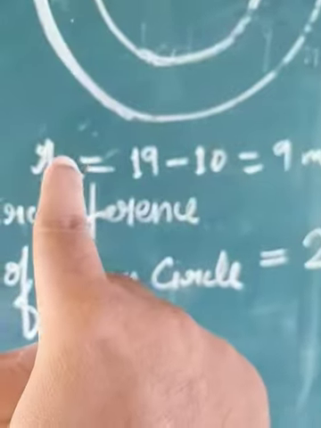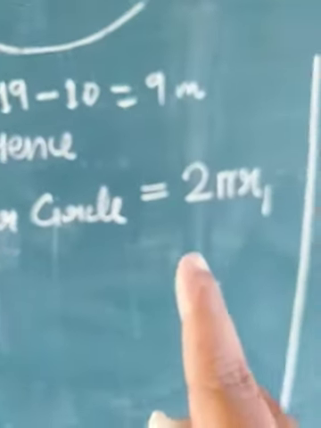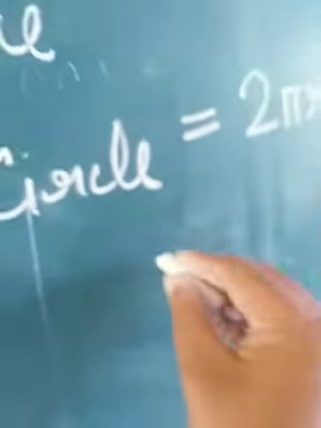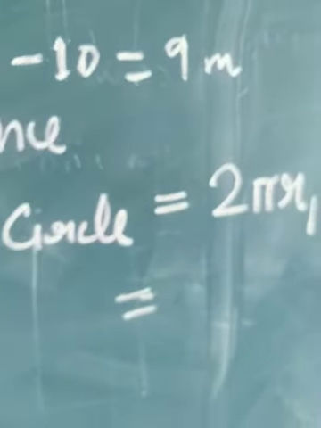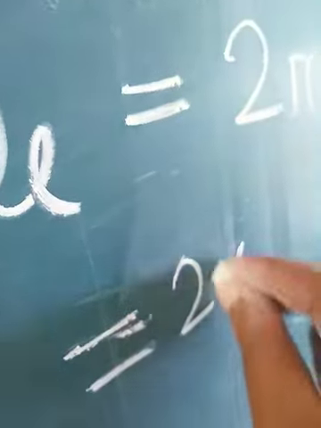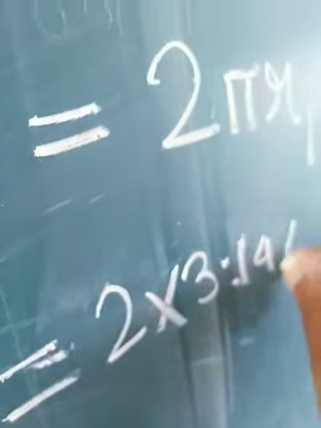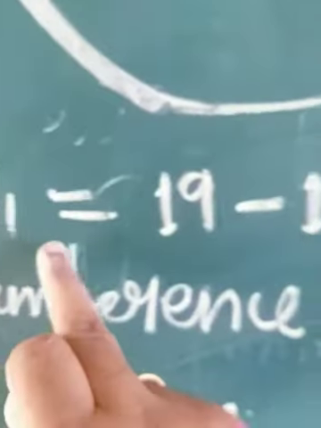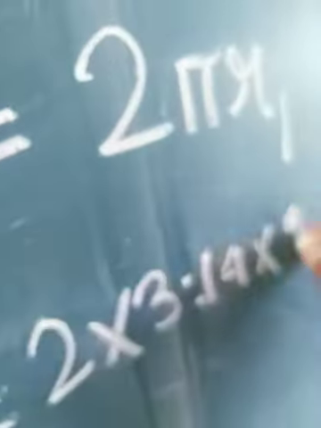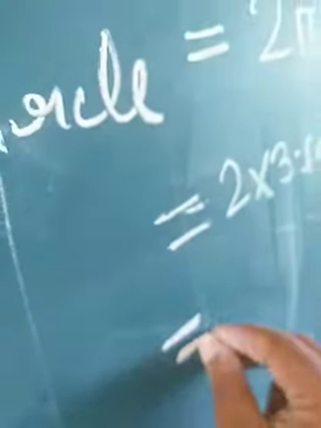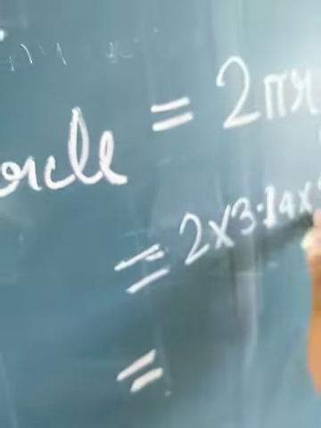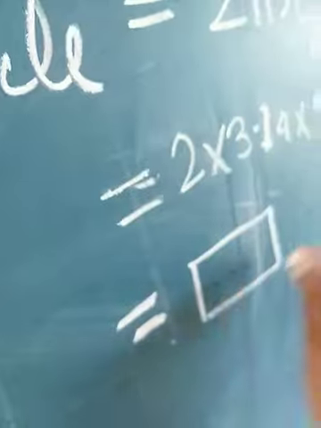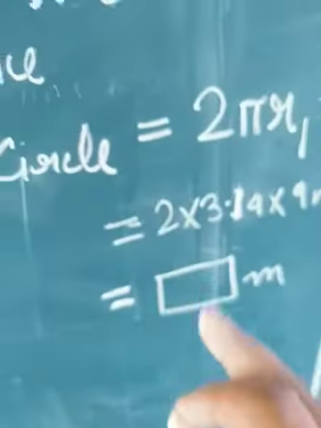Now as you know the value of R1 is 9 meter, you can easily find the circumference of the inner circle. The formula is 2 pi R1. Now the value of pi is given, students. Just check it out, you will find that the value of pi is also given, and you have to write that value as 3.14. And the value of R1 is 9 meter. So you have to just multiply all the numbers, that is 2 into 3.14 into 9, and you will get the required answer. I am not going to calculate this, you have to do it yourself.